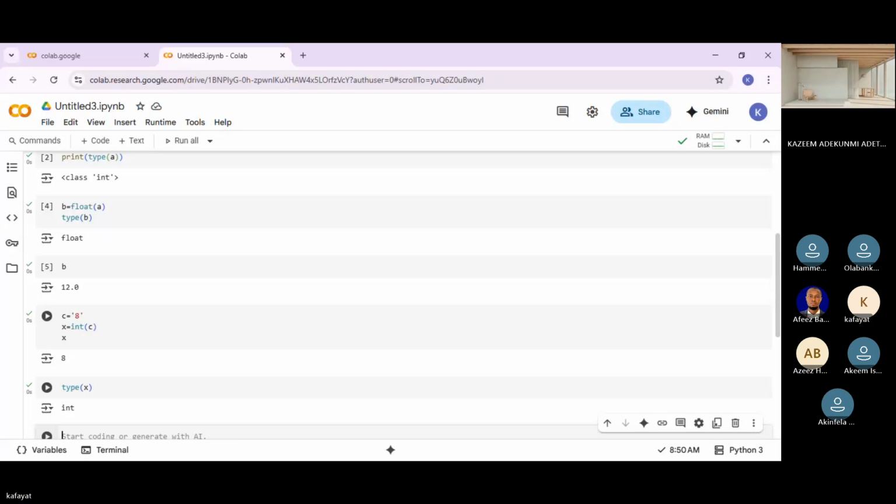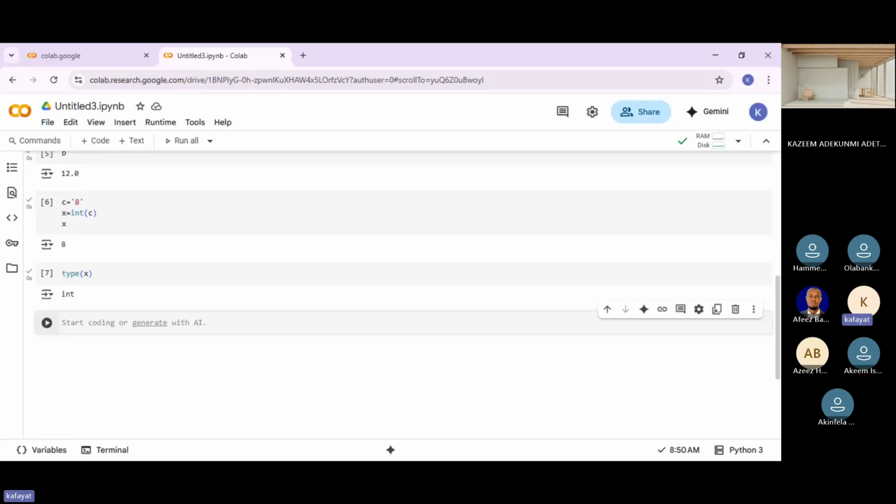So a text can be converted to a number if it is in a number format. For beginners, they used to take this to be a general norm, that any text they see, they can easily convert to a number. It's not any text you see that you can easily convert to a number.